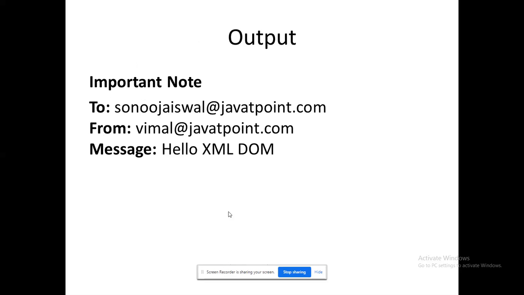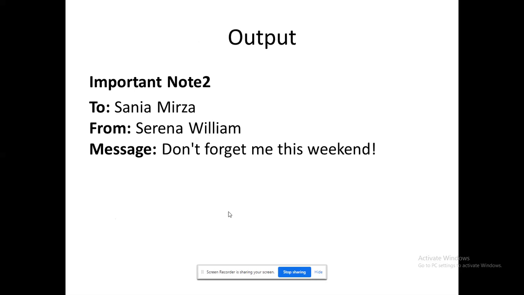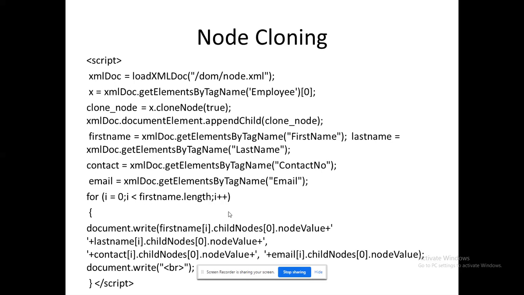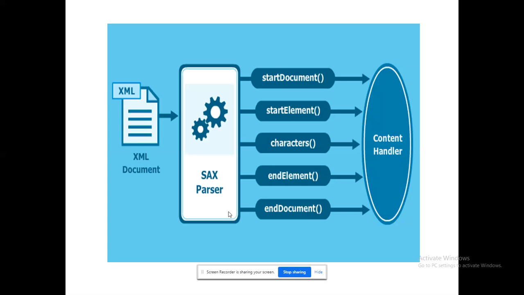So I have received this output, working directly with the tags. That could be the cases where different types of programs are being run over that, right? These are the further stages of how they take over the XML DOM. I could even do node cloning, and I could create one more node also. That's also possible in the program. Already three things are available, but the fourth one we have created. So that would be the cases when we are working with the DOM.